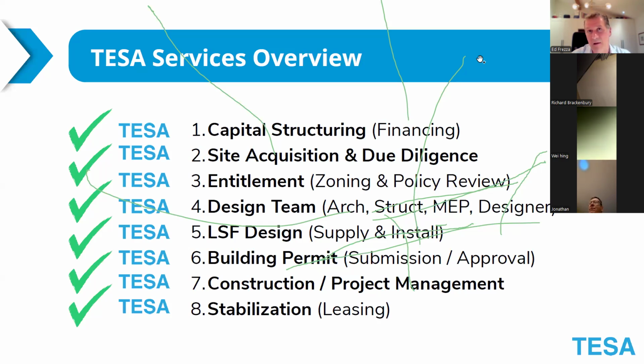Our design team then would take that site with the entitlements and come up with the massing. Massing, again, I mentioned earlier, is just a fancy word for what is the optimal cube, square box, or cube box that I could put on this site, and where on that site can I build it? And from there, we would get, again, how many units, what size of units, and what's the total gross floor area that we would have. That, again, becomes very critical in our calculations for hard and soft costs.